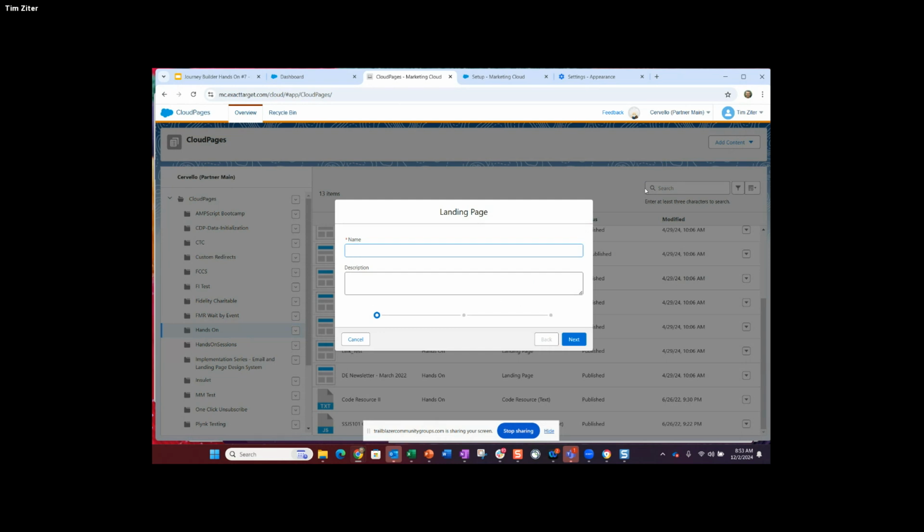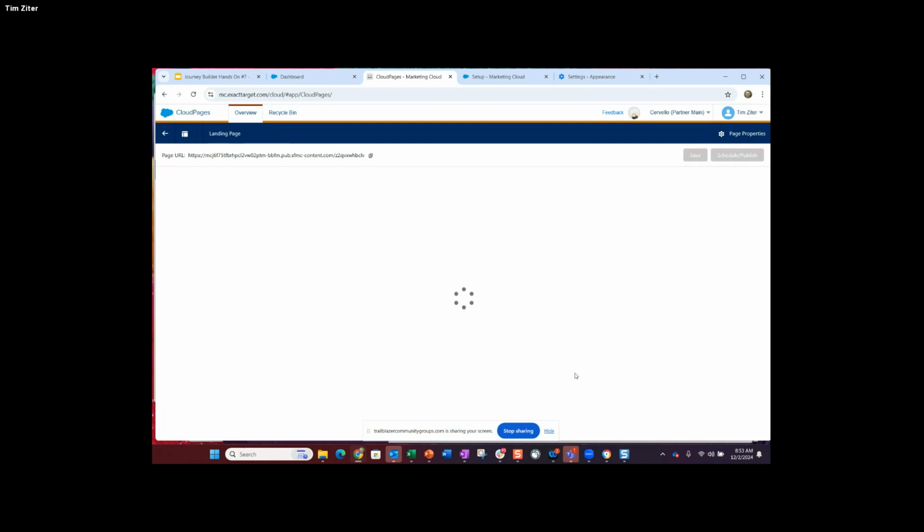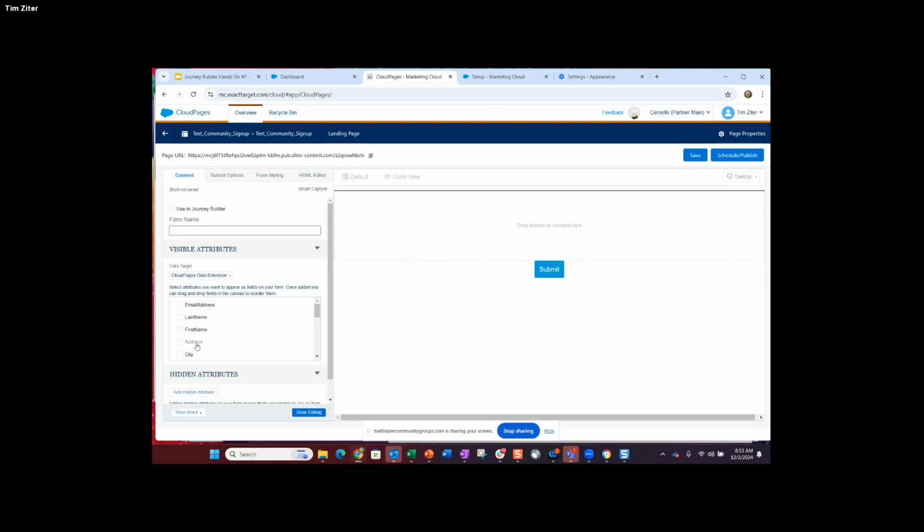We might go and create a landing page. Let's see if we did a test community sign up, and say we just use a blank template. Then what we'll end up doing is bringing over this smart capture form, and dropping that here.